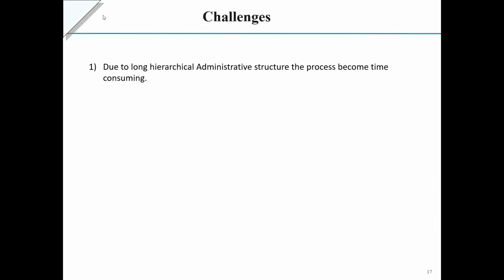So these are the challenges. As it is a governmental institute, the main challenge is that there is a long hierarchical administrative structure. There is a departmental committee, and above that there is another committee, and another committee, and another. So approving a project like this takes time.